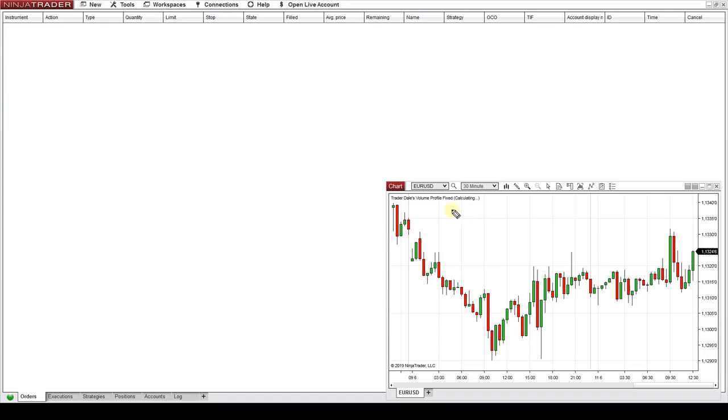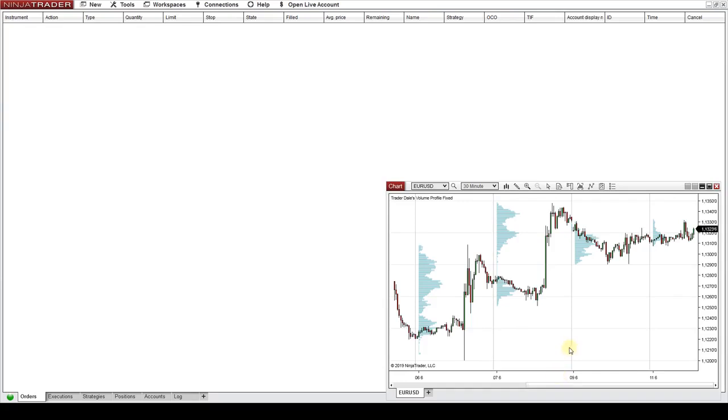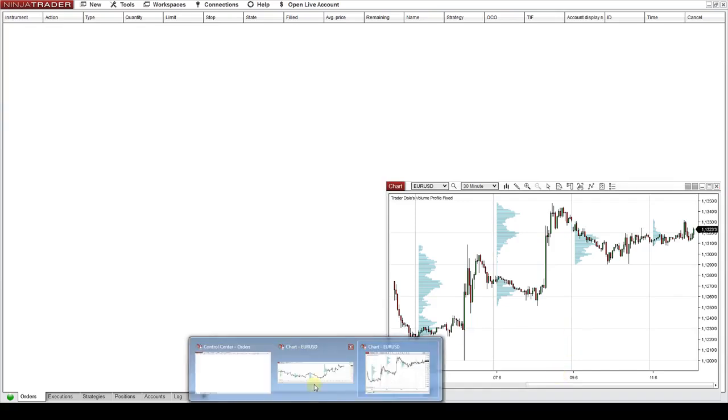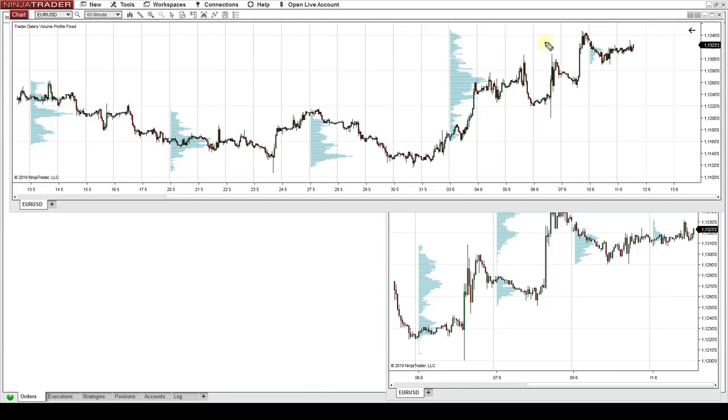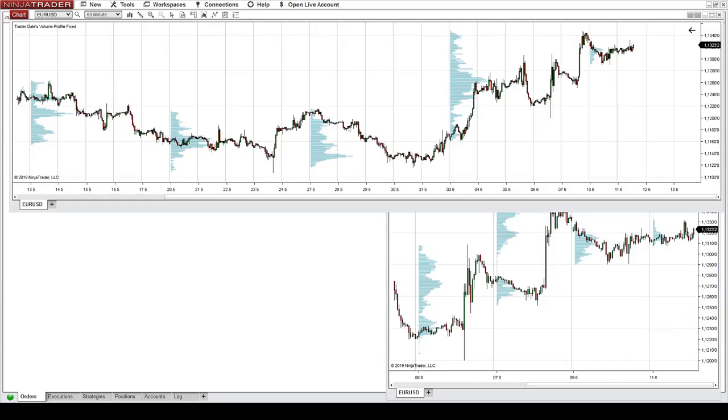Right now it's calculating and it will pop up in a few seconds. Right, so here we go. Those are daily profiles. So currently we have the overview chart, 60-minute chart with weekly profiles, then this more detailed chart with daily profiles. It's a 30-minute chart with fixed daily profiles. And the last chart I'm going to create will be also a 30-minute chart, but this time I'll be using